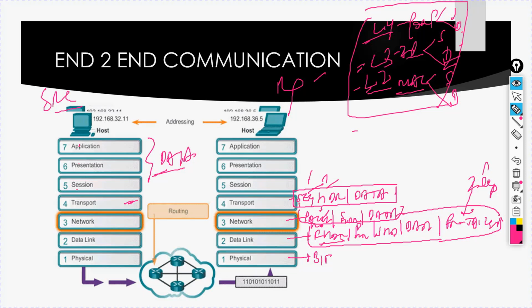In the packet header, the source IP and destination IP. In the frame header, the source MAC and destination MAC. As it reaches the physical layer it is converted into bits, the bits reach the receiver's physical layer, and de-encapsulation occurs. This is how end-to-end communication happens.